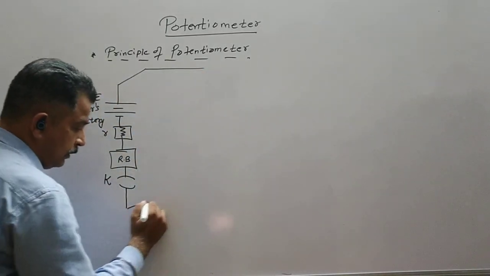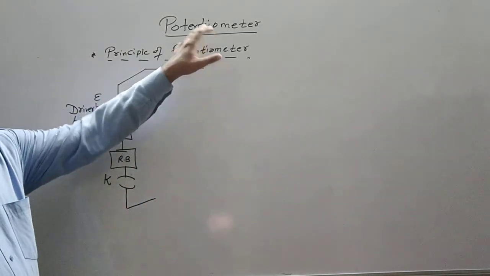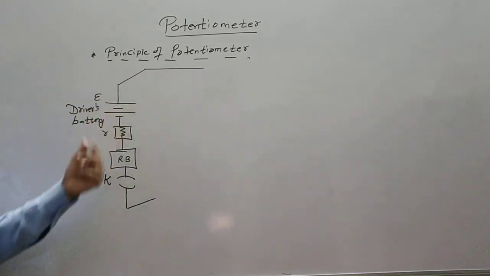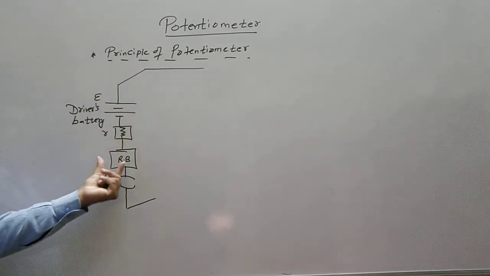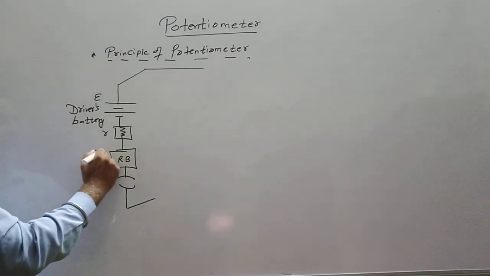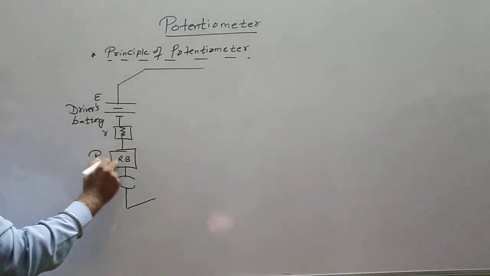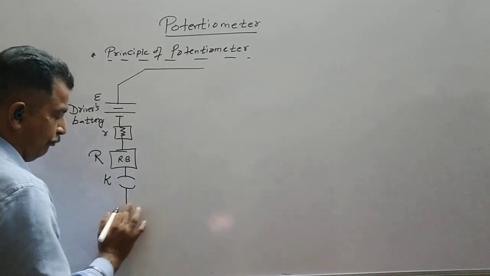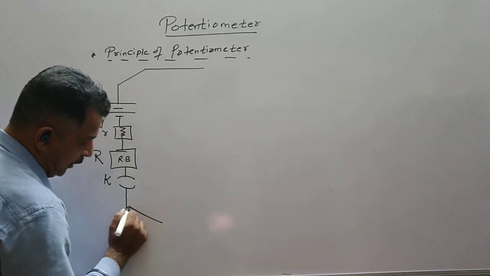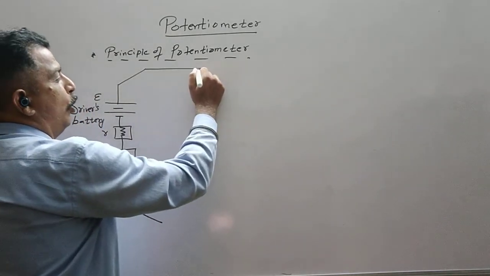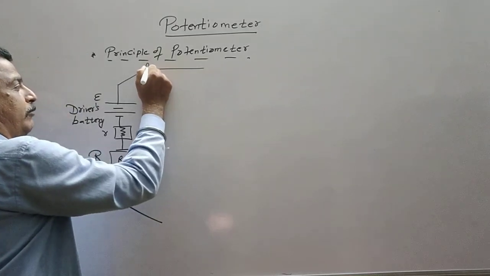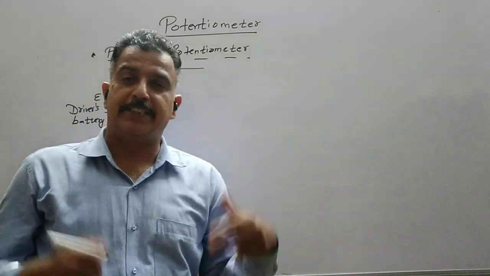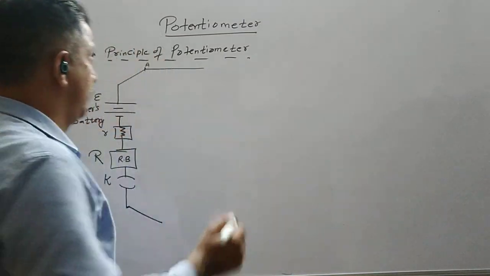Now see, the potentiometer consists of these devices or components. One is a battery having internal resistance r, then a resistance box. Let us say the resistance of the resistance box is set to capital R, and now we have the potentiometer. In a potentiometer we have a very long wire. So let us say the potentiometer wire starts from this. This potentiometer wire is of several meters. So it is a very long wire.